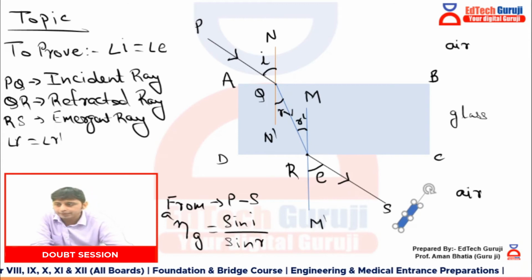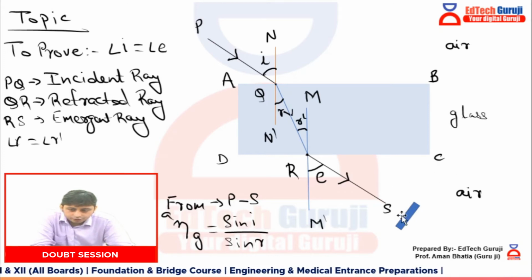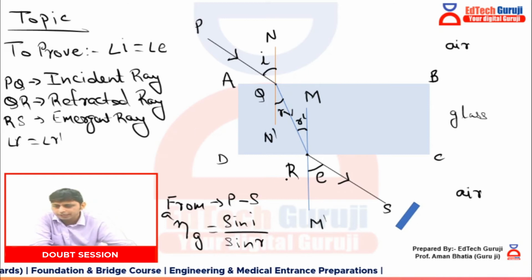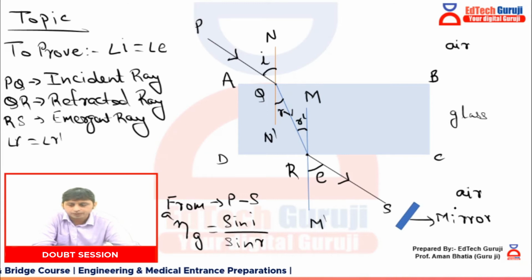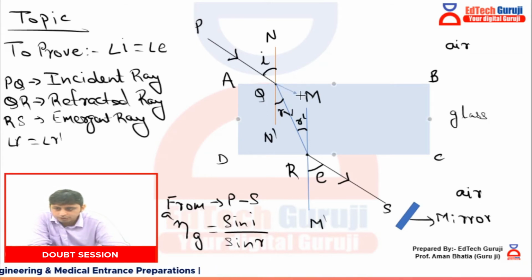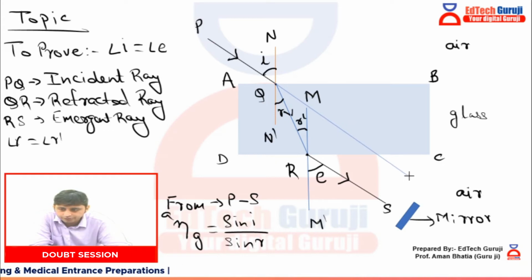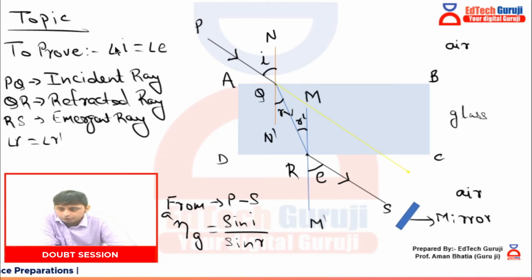Now what will happen here? Understand. When this ray continues, it will fall on the mirror. This is the mirror, a normal plane mirror. See, suppose the glass slab would not have been there, then what would have happened? The ray would have gone somewhere like this in a straight line path, because whatever is happening is because of the glass in between. Otherwise the ray would have followed this particular path.